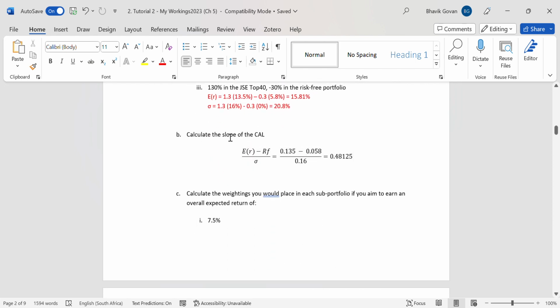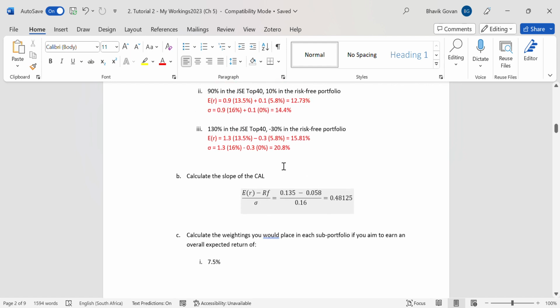Calculate the slope of the capital allocation line. So that's just your Sharpe ratio, expected return minus the risk-free rate all over the standard deviation. So 13.5% minus 5.8% over our 16% risk, and we get